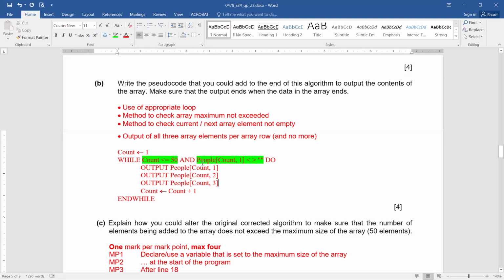And people, the array name, count comma 1 is not equal to empty. See, this is what we are doing, that until the array ends. So it did not say that all the 50 elements are supposed to be shown. There are 2 conditions, and we have handled them with the help of an